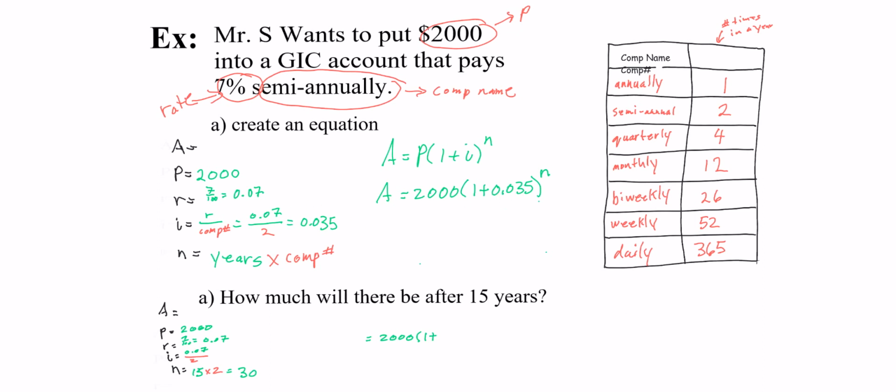I'll actually put it how I expect to see it in most of your work. 0.07, and then we divide by 2. Whatever you get for the i value goes there, wherever i is. And then we substitute our 30. When you do your final calculation, you're going to get $5,613.59 as our final answer. So that is what A is equal to, and I'm just